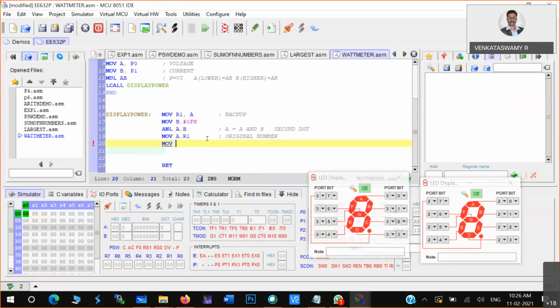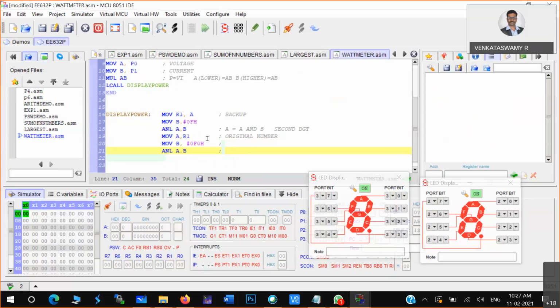And then what I'm doing. So here to extract the next digit, what you have to do: you have to load F0 in this particular B register, and again do the same ANL operation with A and B. So at this particular point, what happens?